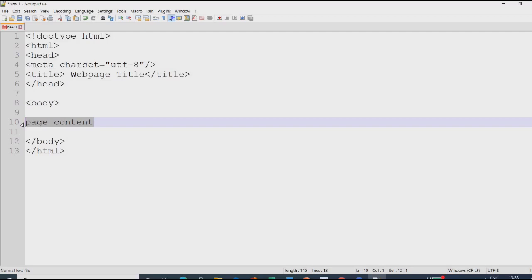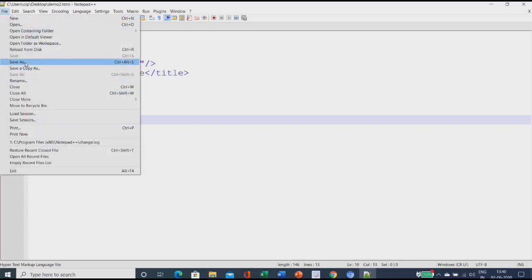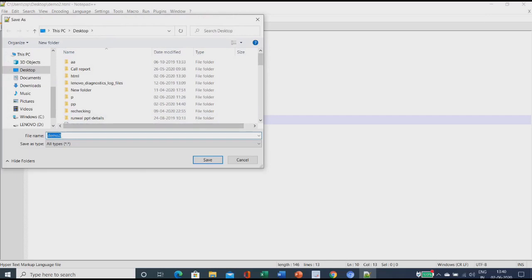Now, this document has everything you need to make a valid web page, but obviously it does not have a lot of content. Let's take a look at it in a browser. I'm saving this file with the name demo21.html on my desktop.